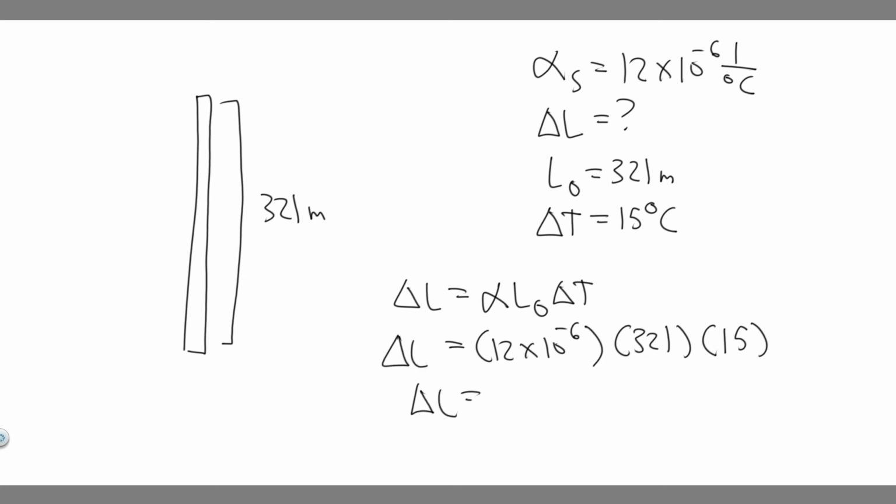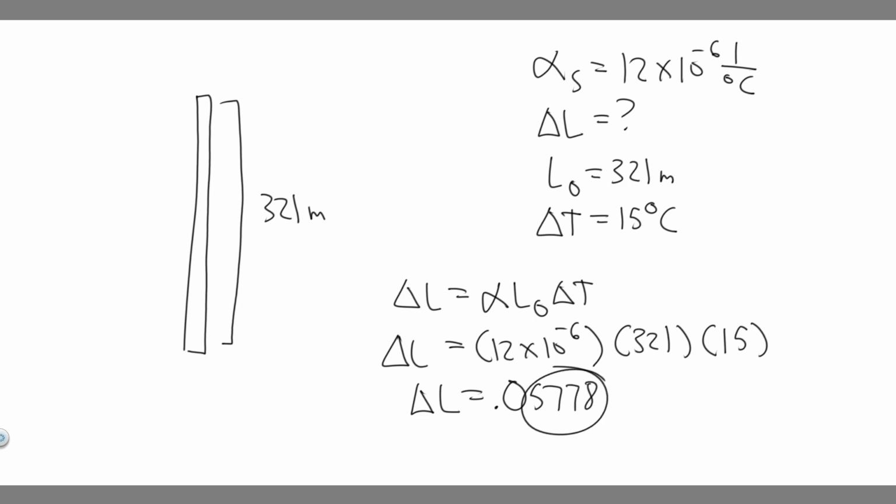And then you're just going to want to plug in these values in your calculator. So just do 12 times 10 to the minus 6. Multiply that by 321. And then multiply that by 15. So you're going to get a pretty small number, which makes sense because the temperature is only changing a little, and so it's not really going to expand that much. But you're going to get